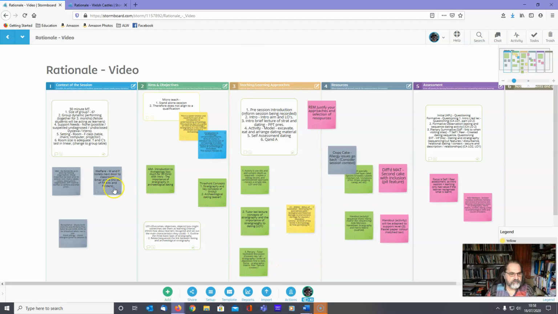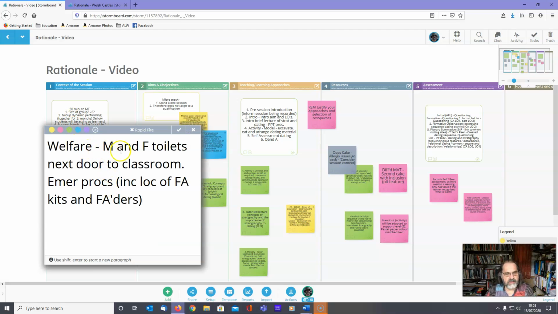And I've just made a little note. Welfare: male and female toilets are next door to the classroom. Emergency procedures, including location of first aid kits and first aiders. That will be introduced in the session because obviously it's a different location to where people have worked on before. Now, all of that,